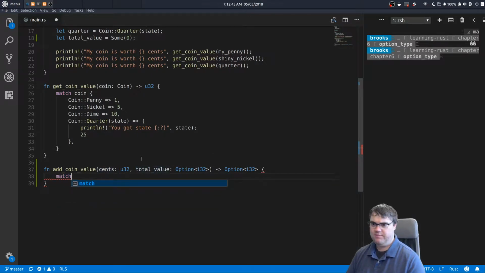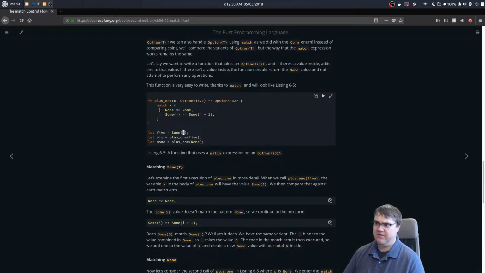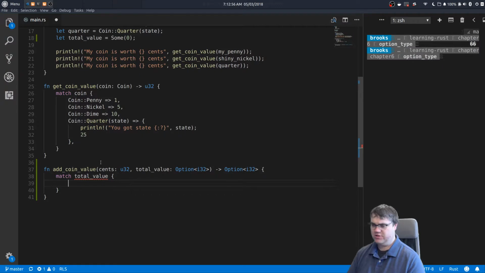So we're going to say match total_value, and basically we're going to have None and then Some. If it's None, we just return None. However, if it's Some and they're going to pass in whatever value it is,